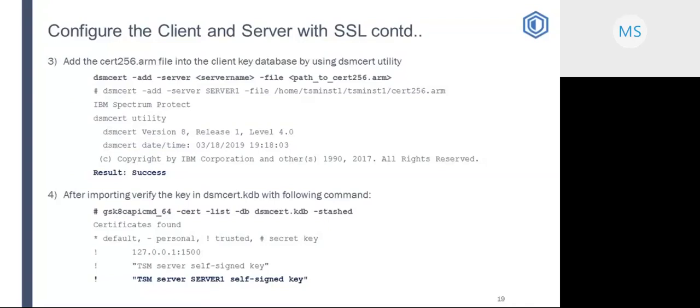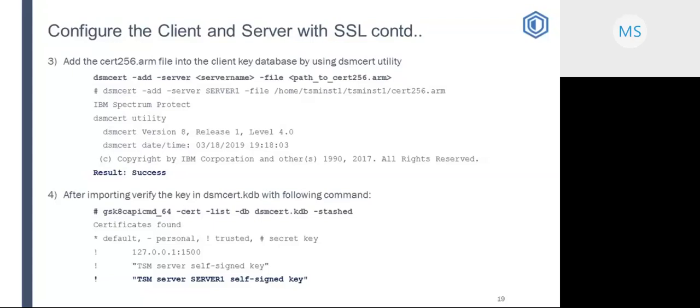Once the server arm file is imported, verify the key in the dsmcert.kdb file with the following command. Once you add the server arm file into the key database, you should see the server self-signed certificate with the server name or with an IP address as shown above.